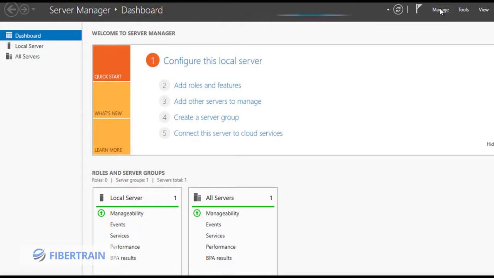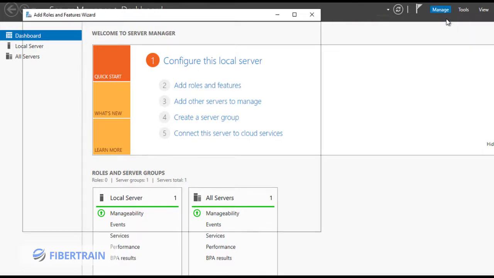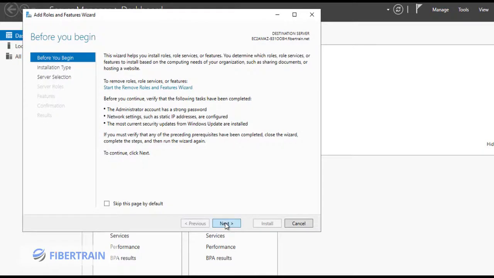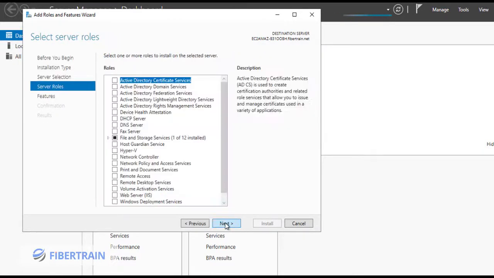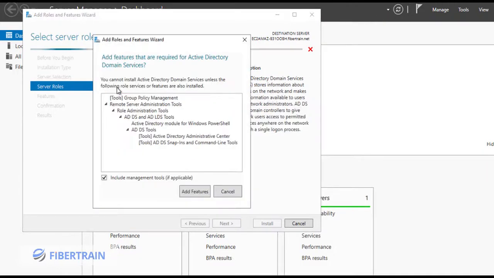And once again, if you go to Manage, add roles and features, and go to Next, and Next, and Next again, you could see that we can come here and set up Active Directory Domain Services, and then configure replication between this Active Directory that is running on our EC2 instance server and the